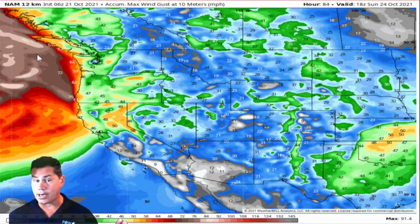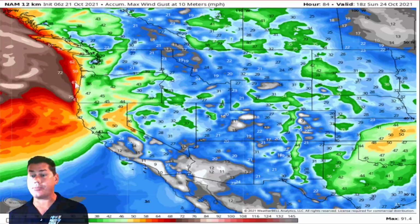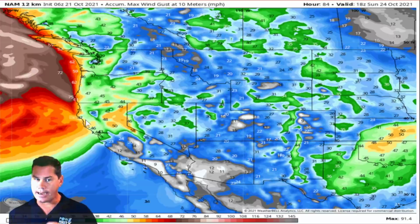But all the action is going to be off the west coast with that first initial wave, bringing some of those hurricane force wind gusts closer to the shore here. So some of these areas, especially along the coastal regions, could see some of those 50, 60 mile per hour wind gusts with that first initial band, as that very heavy rain will continue to push in. But you can see a lot of the whites here starting to show up a little bit further off. That's that second system getting a little bit closer, and that's going to bring the higher winds even a little bit closer to the coastline as we get deeper into the day on Sunday,